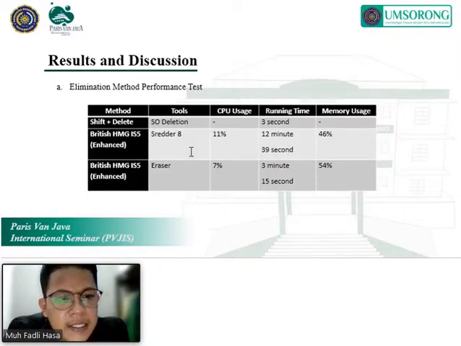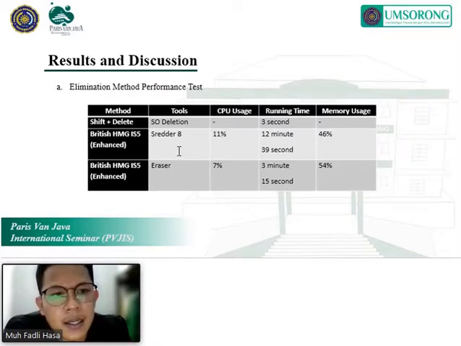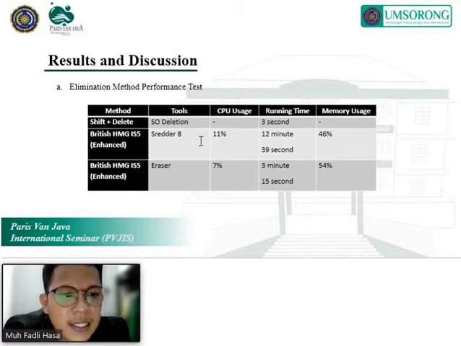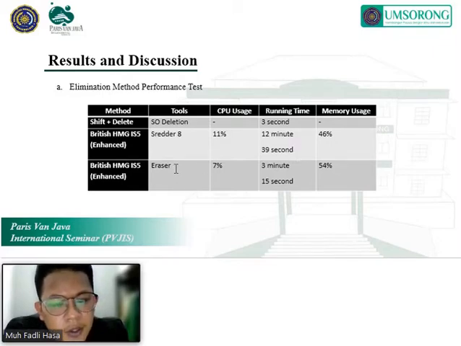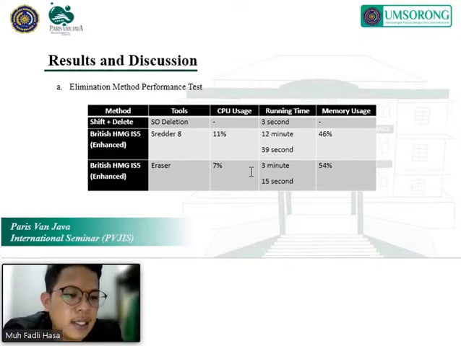For the application Shredder 8, it needs 12 minutes and 39 seconds. And for the tool Eraser, it needs 3 minutes and 15 seconds for erasing the data.